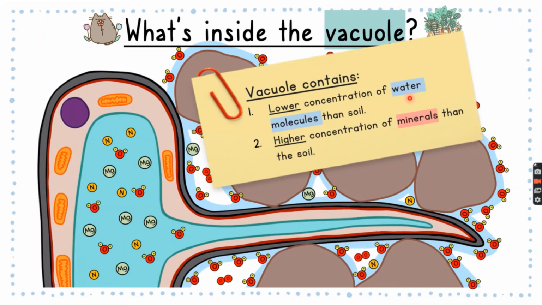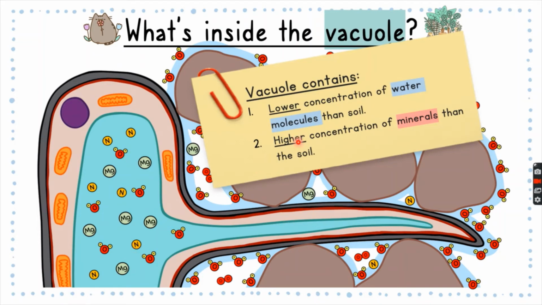The xylem vessels are the ones that transport it to the leaves. However, the root hair cells' main job is to absorb, to get in. But in the end, water molecules are going to be sent to the leaves and used up during photosynthesis. So therefore, we always have a low concentration of water molecules inside the